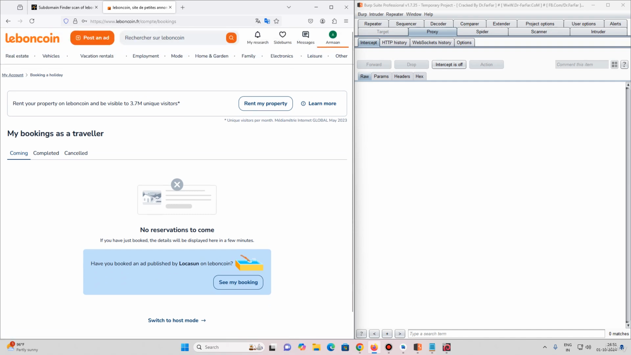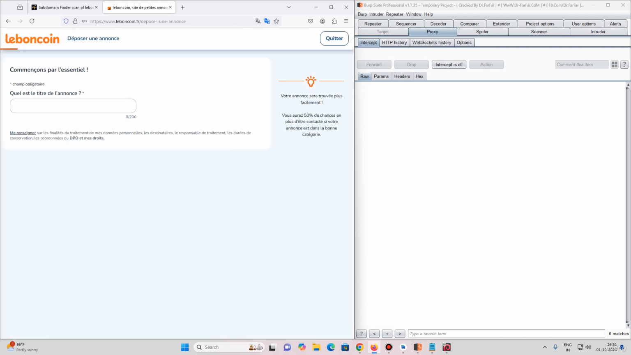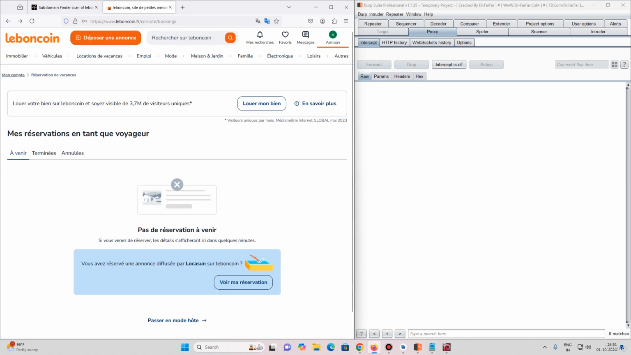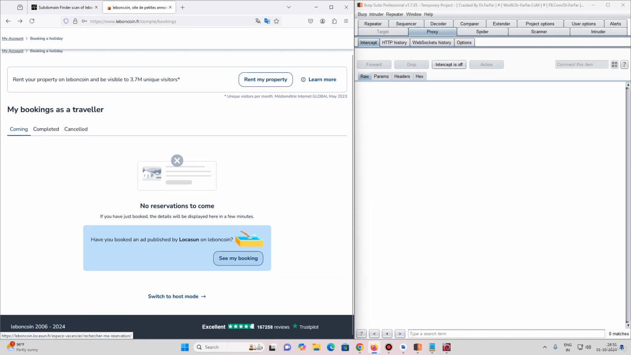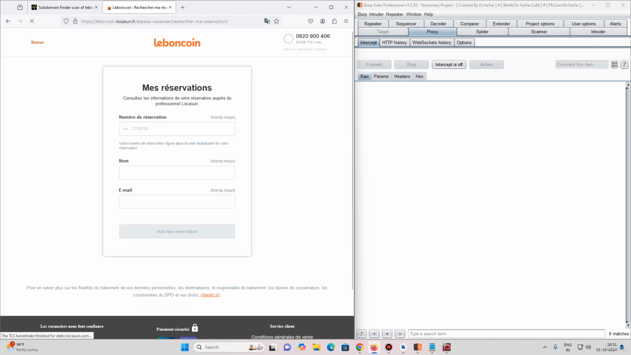If I say rent my property, okay, it's another ad thing. The parameters would be same. If I say see my bookings